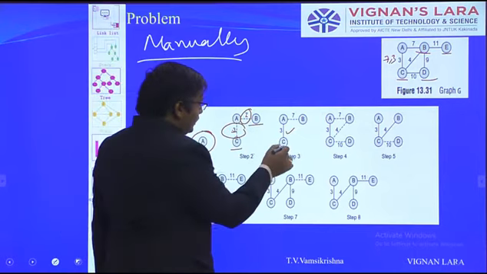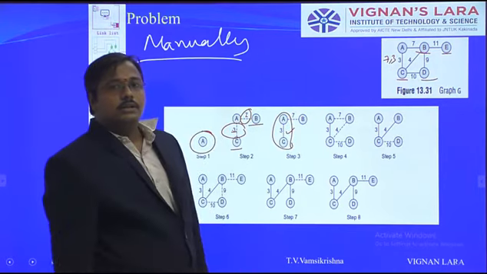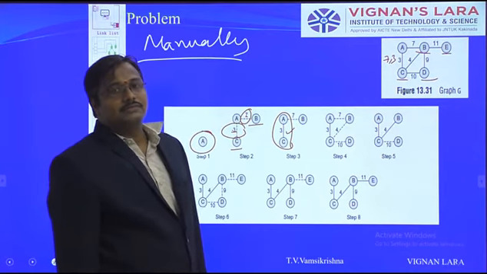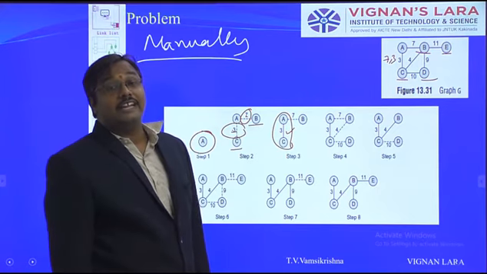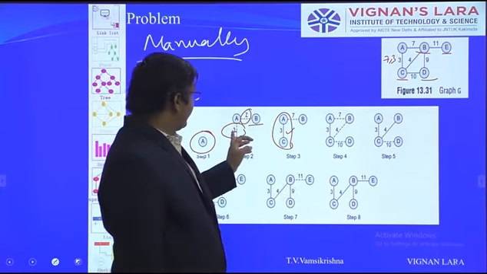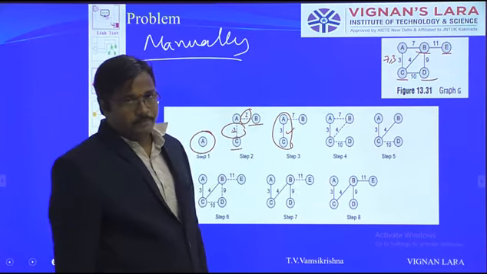Means we are considering only this part. This is not a part of this. Why? Because it's a dotted line. Dotted line means partial. Why are we drawing the partial line also? To identify the minimum cost edges. So here clearly you can identify 3, 7. What is the shortest? 3. So we are mentioning this.